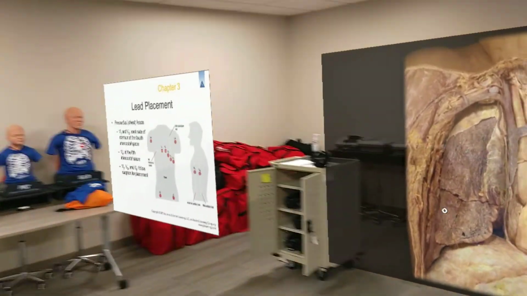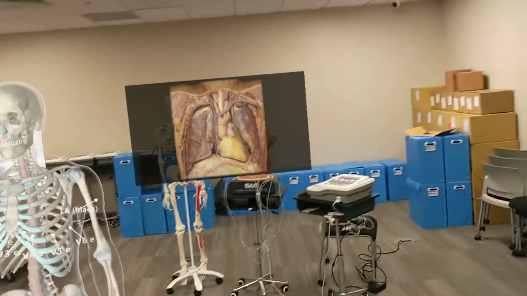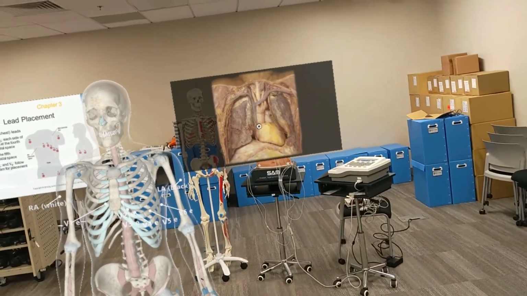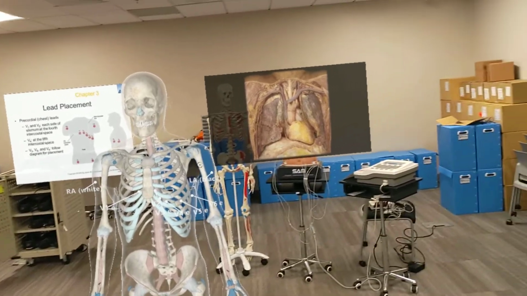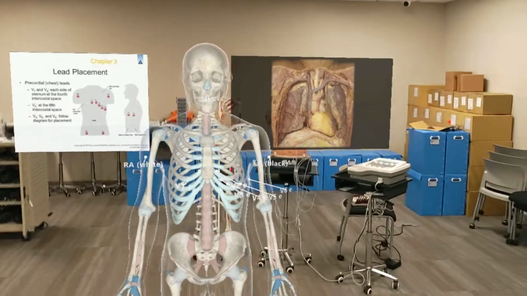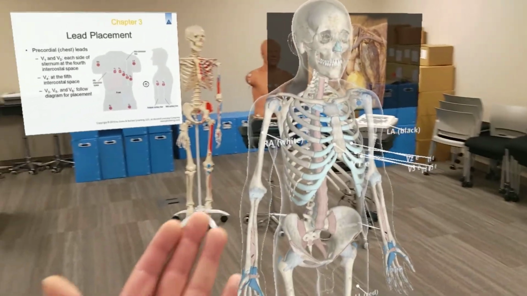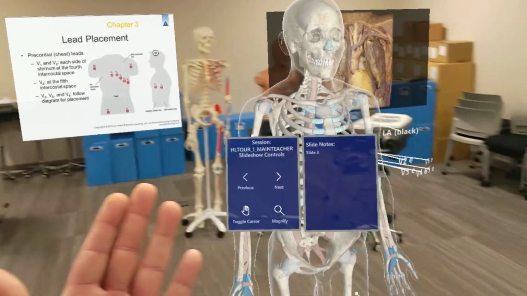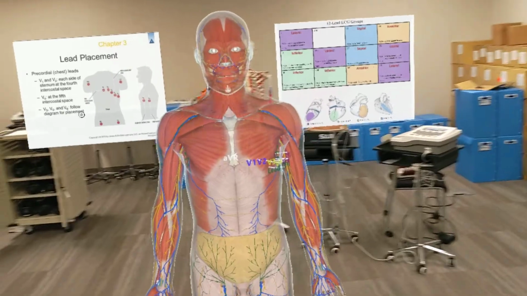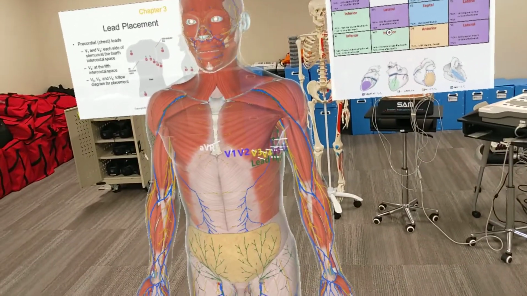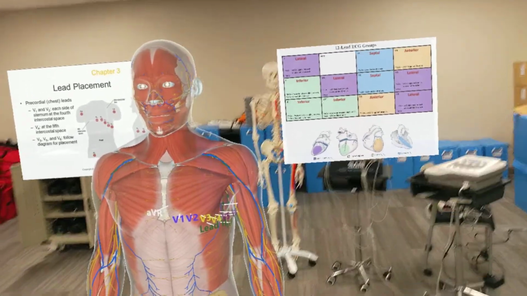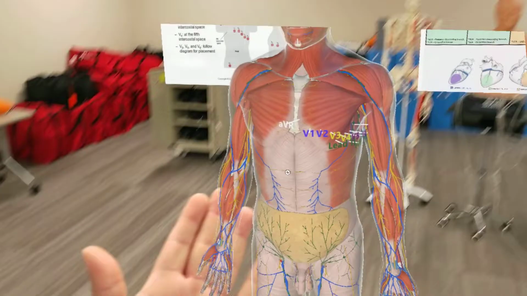You can see here how the cadaver is opened up to the heart and the pericardium. You can see the heart lying there, and it would be in this region. So you can imagine how these electrodes picture this heart, the electricity of the heart. Now this particular model and the labels here are looking at the regions of the heart, the leads of the heart, instead of the actual electrodes. If we go back,